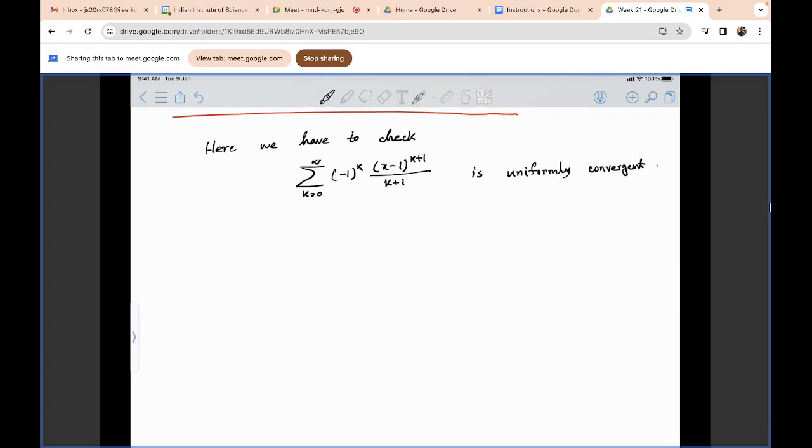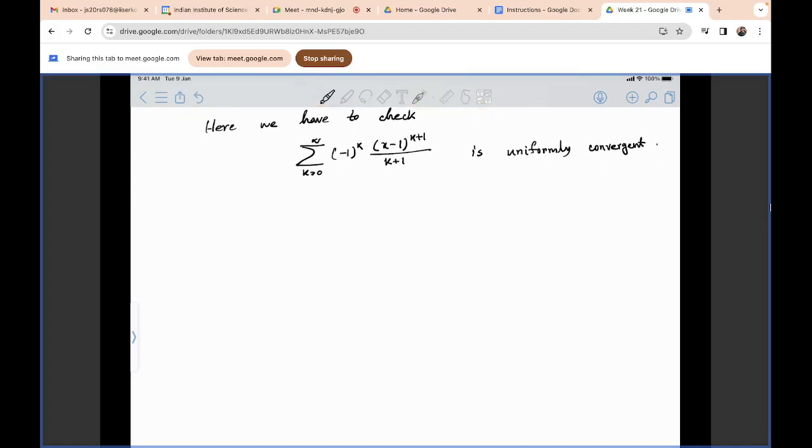Note, uniformly convergent where? For x in